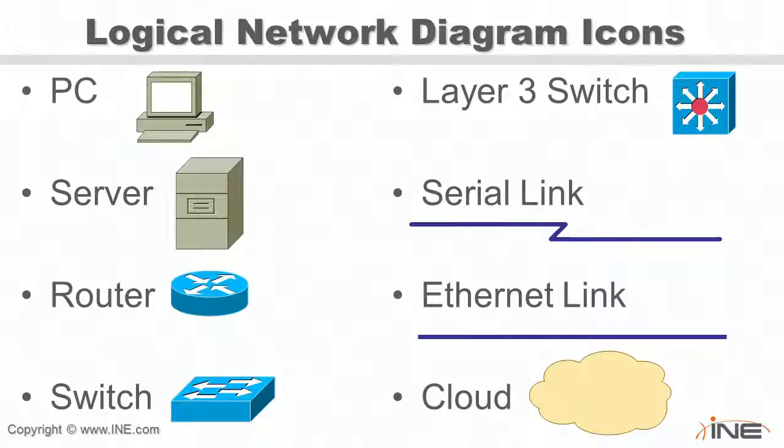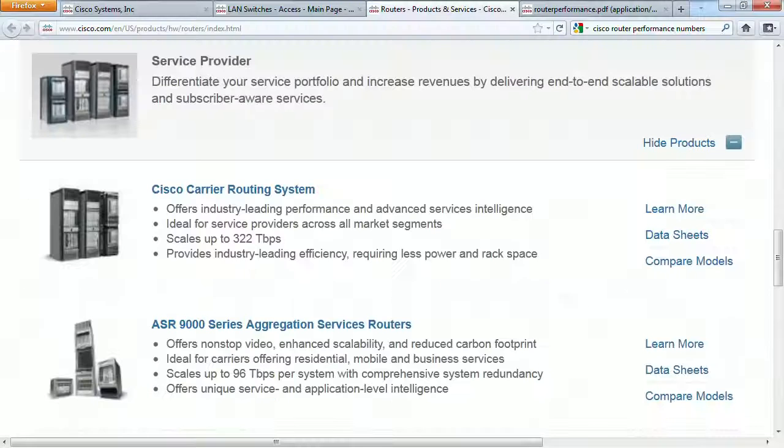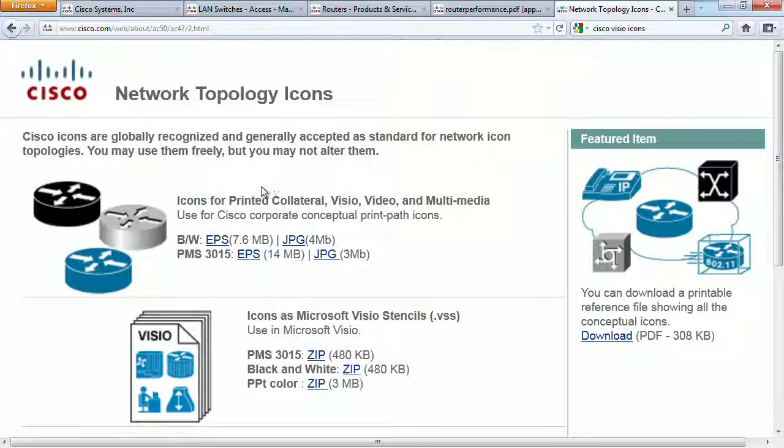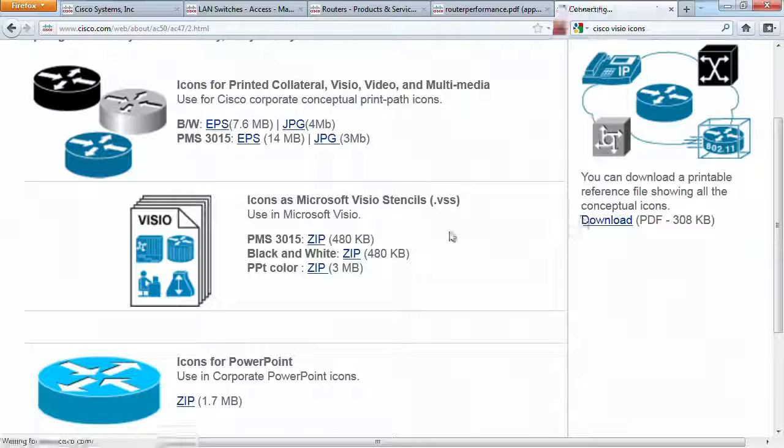We'll see as we build different topologies and go through different examples that this is generally what the icons are going to mean. Now, if you want to use these for any diagrams or examples of your own, search for the Cisco Visio icons. There's a portion of their website, the network topology icons, where they publish these. You'll see there are different ones for basically all of the different types of devices that they make. So if you look at the full PDF,